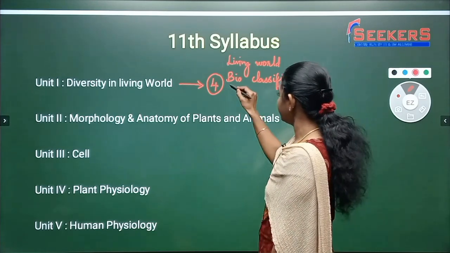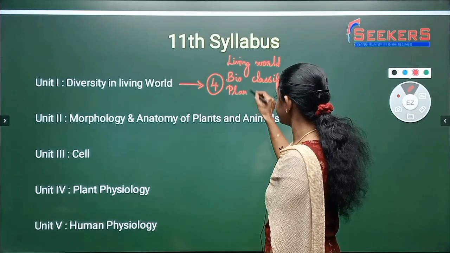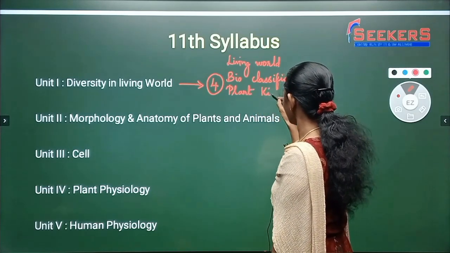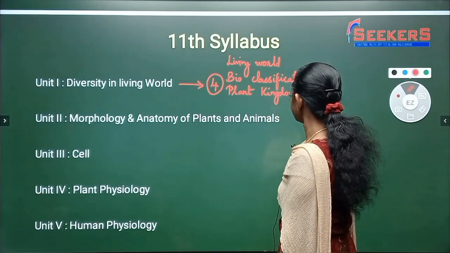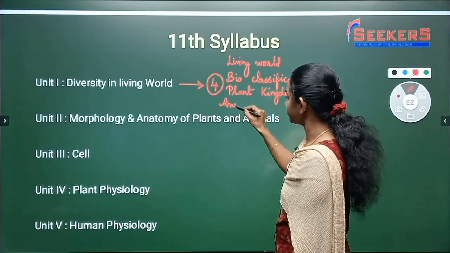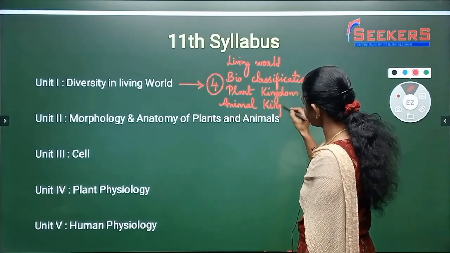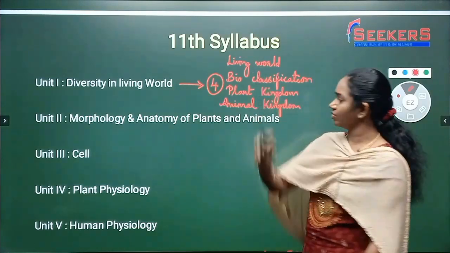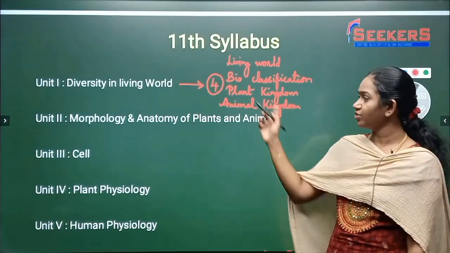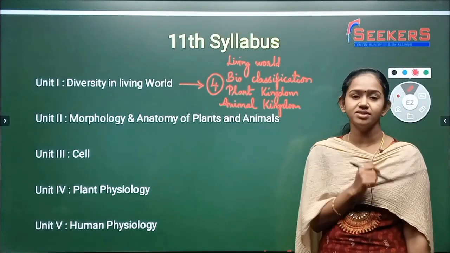Chapter number 3, Plant Kingdom. And chapter number 4, Animal Kingdom. So these are the 4 chapters we are going to discuss under Unit 1, that is Diversity in Living